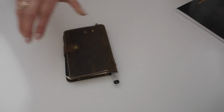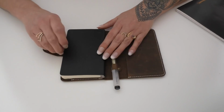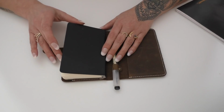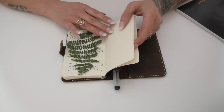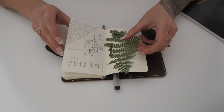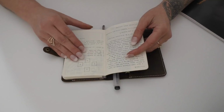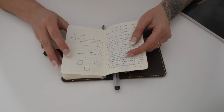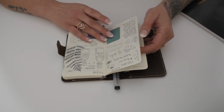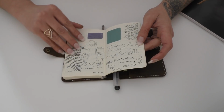So this little guy here, this journal I usually keep in my backpack when I go places. What this really is, it's a journal that I use when I'm actually out somewhere, a lot of times hiking and stuff. Because sometimes you just need to journal wherever you are. So if I'm at the top of the mountain, I might need to journal. If I'm hanging out on the beach, I might feel like journaling. And so it's just a very random